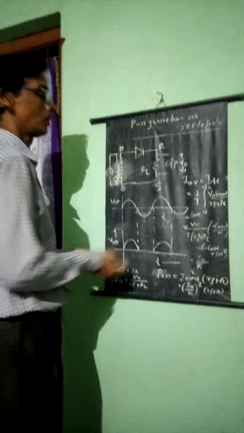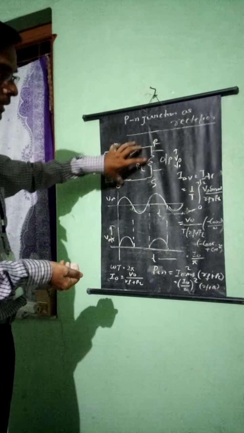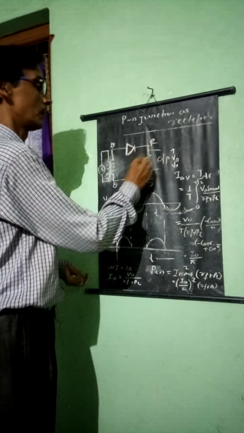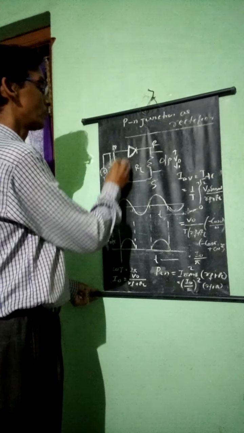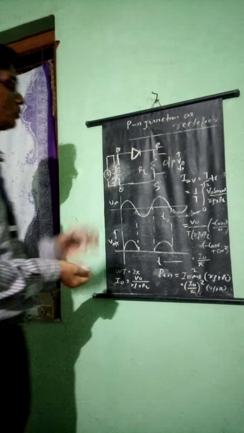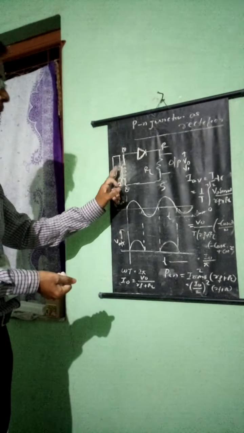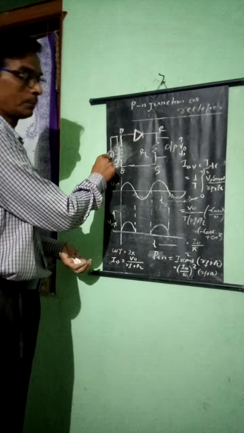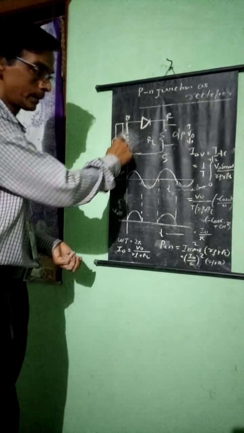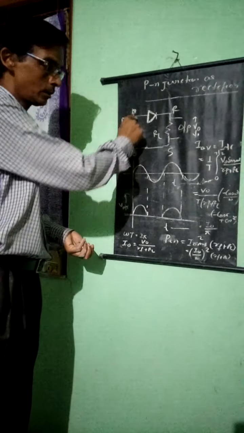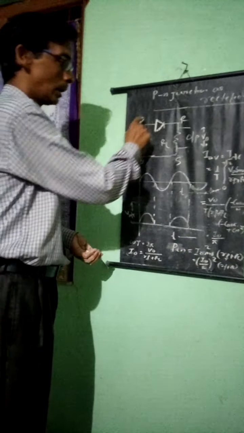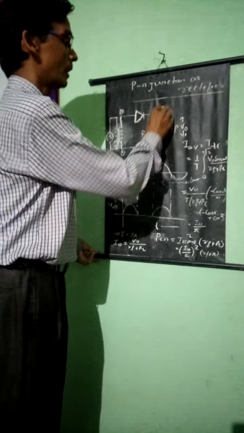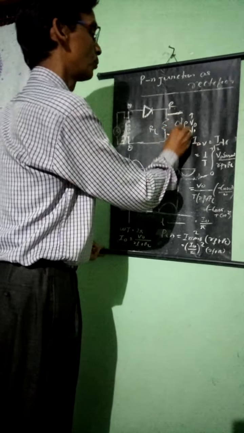Let us see first of all the components I have taken for the connection. The diode is connected along with the load resistor. Here is the transformer, which can be step up or step down. I am using a step up transformer here. The input source we are applying goes to the transformer, which has a primary and a secondary. A and B, P and Q, and R and S are the terminals on which I measure the output voltage.